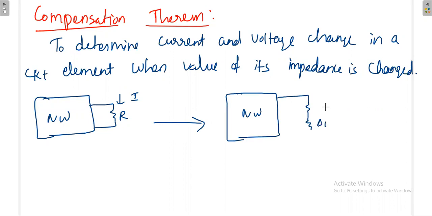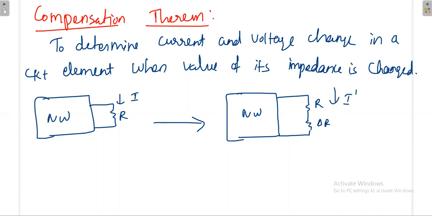Is it similar to a voltmeter or an ammeter, sir? Ammeter, because I am connecting it in series. If I connect the ammeter here, I know the current will reduce, because originally the current was I, and now it will be a little bit reduced. So the new current I am putting as I dash.